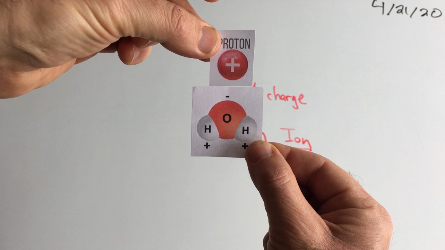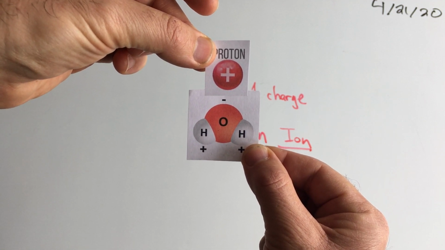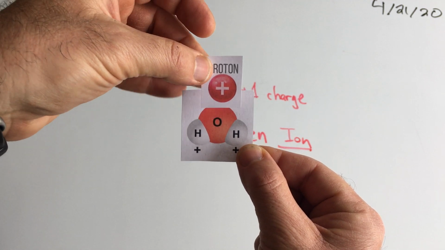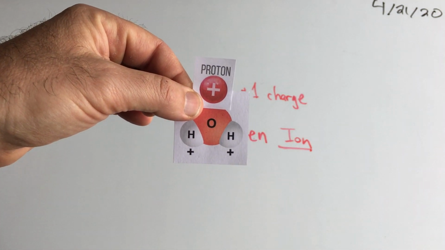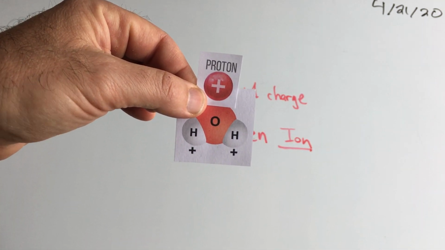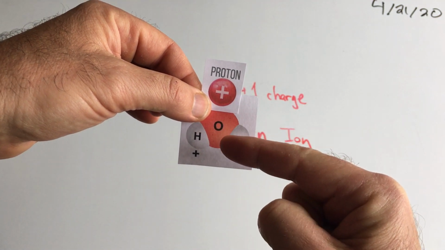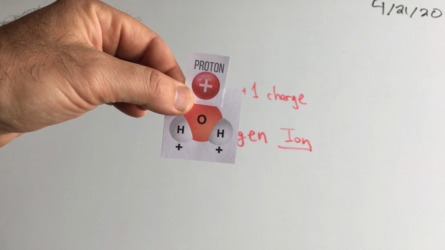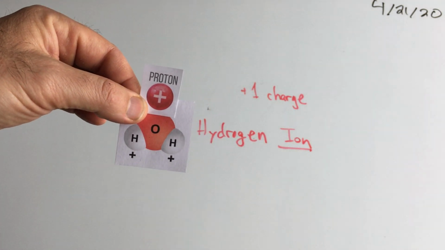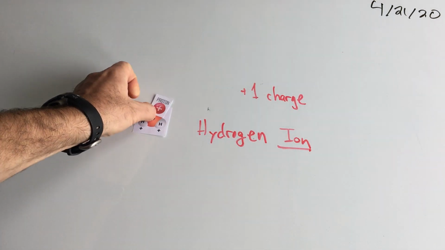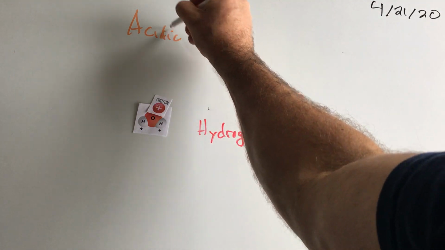Not. But what about here? Oh, look at that. We have a positive charge and a negative charge. We have magnetism happening. And this is going to click on right there at the top. Wait a second. Does that mean that this hydrogen atom just attached to water? I think there's a name for any hydrogen atom that can attach to water, and it is called an acidic hydrogen.